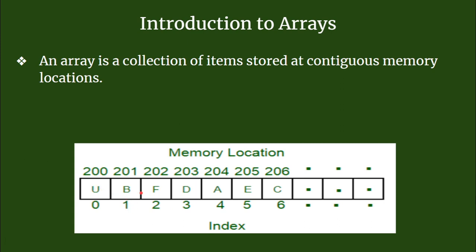And one more thing is that an array is a collection of similar data. Here all are characters. This is a character array where each element is a character. Likewise, if you say an integer array, all the elements are integers. So the memory occupied by these individual elements is equal. Every block of memory is used to store one single data or one part of the data.